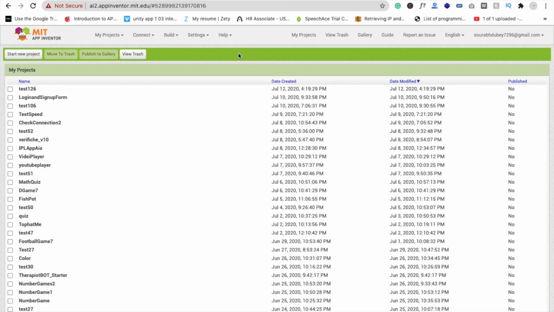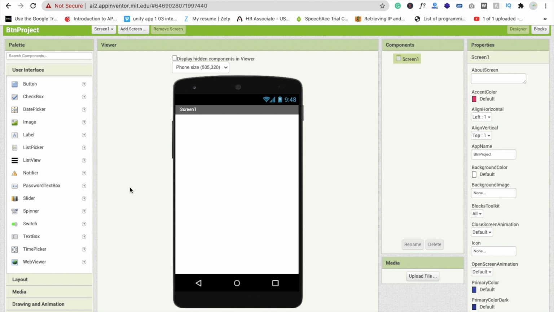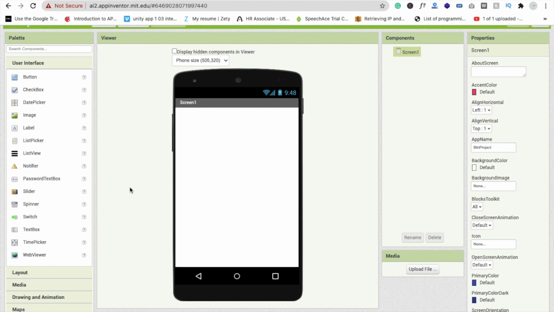So here we go. First we need to click on start new project, and my project name is toggle button or btn project something. Click on OK. We need to use design here.